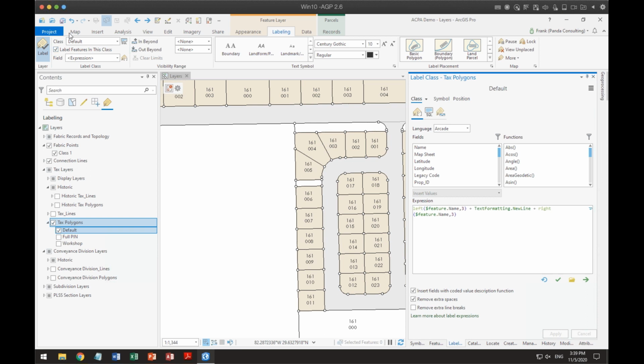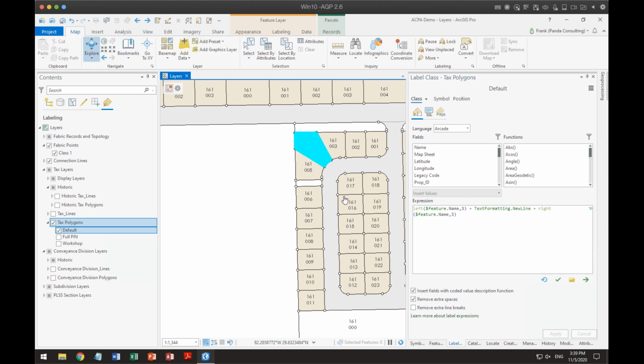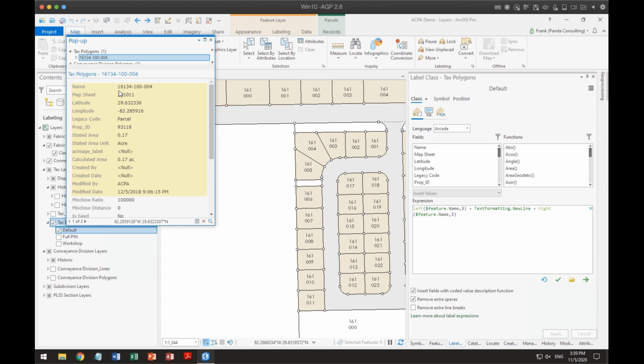Let's look at this parcel again, and let's look at what value is on here. So this has got 5 characters, and then it's got 3 characters here and then 3 more. So maybe we should change this to 5 to be more reflective of that. So that's the subdivision name. And then maybe this is the block, and then this is the lot on here. So let's add another element in here right before this, in which we want to take these 3 characters here